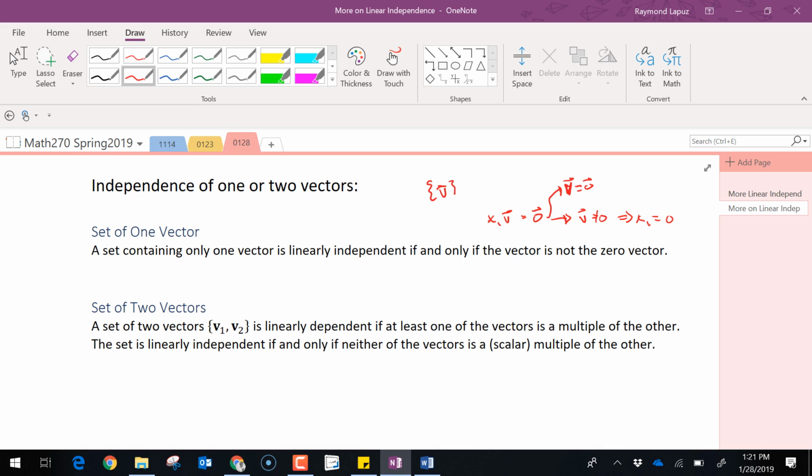If we have two vectors, whether you're in 2 dimensions, 3 dimensions, or any higher dimensions, a set of two vectors is going to be linearly dependent if one of the vectors is a linear combination of the other. It's just a scalar multiple. So the only way they can be independent is if you can't find a number that scales one into the other. In other words, if you can write v1 is equal to some scalar times v2,